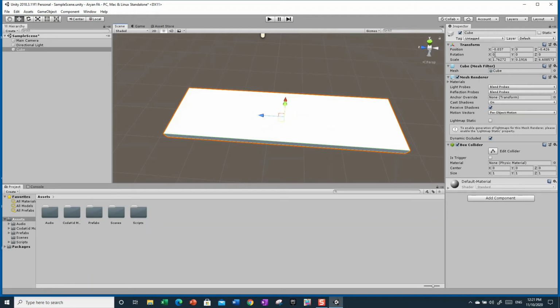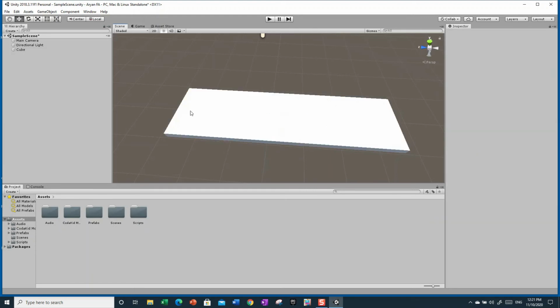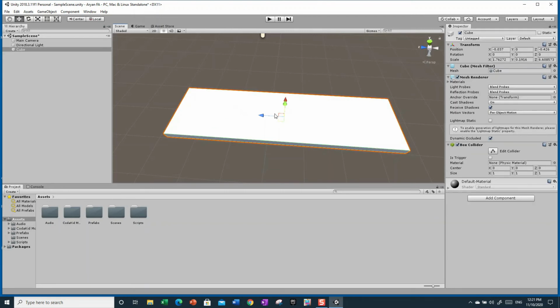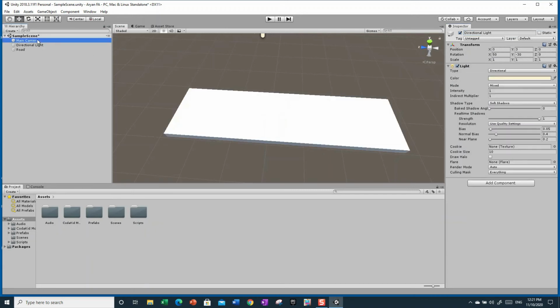So right now, we're gonna name this road, this little cube thing. We're gonna name it road. So you wanna click on this road, aka cube, but it's a road now. So we're gonna call it road. And you wanna go to the inspector, and it's gonna show cube, and you wanna rename that to road. And there you go. Now, if you go to the sample scene, it shows a road, direction light, and main